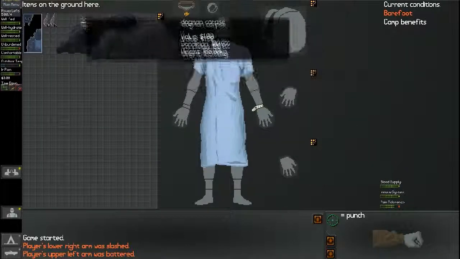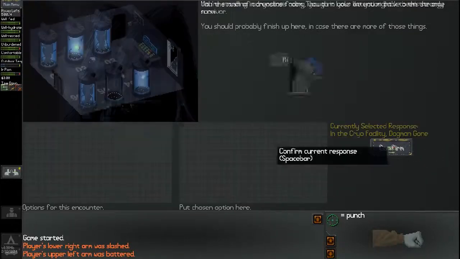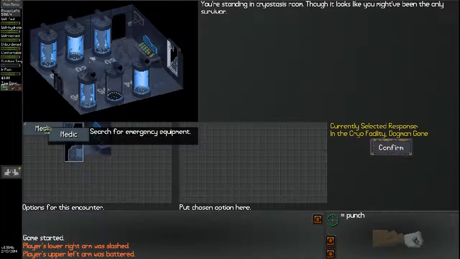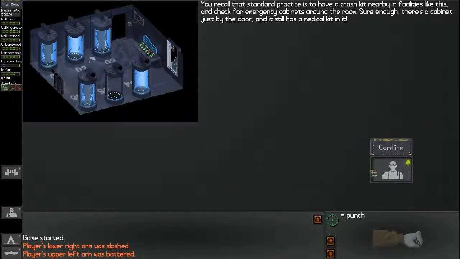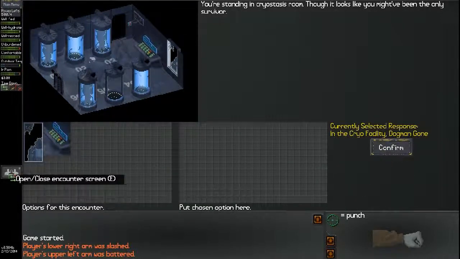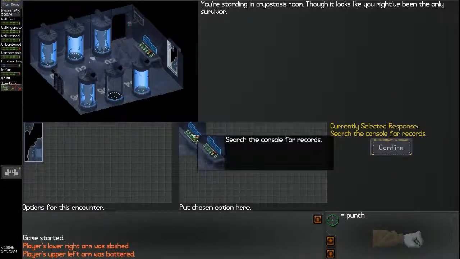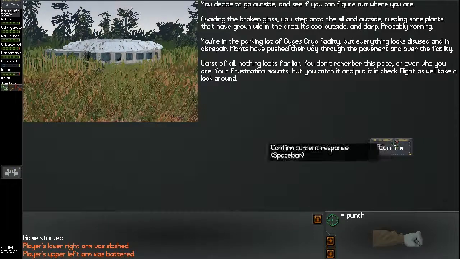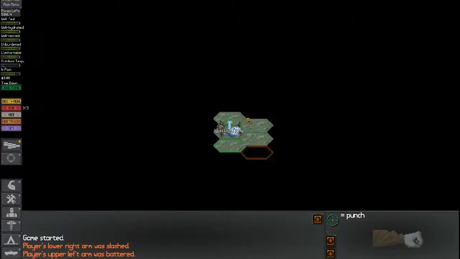Alright, let's see. So now we got a dead Dogman and a bunch of glass. So, what we can do with that, close the encounter, go ahead and search the room for medical equipment. And there was our beautiful... Guess I have to leave. That's kind of silly. Okay. Climb out the window. Blah, blah, blah. This is the newbie talk here. Scavenging. Blah, blah, blah. Okay, you don't need to read that. There we go. Okay, so we're going to have to...